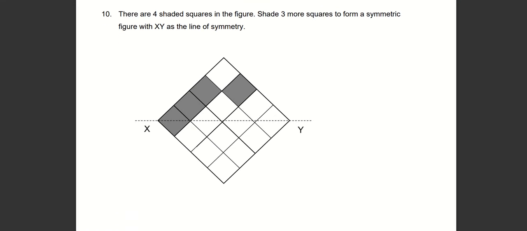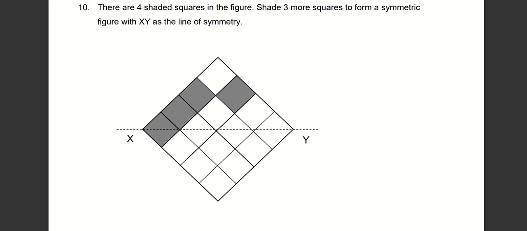Okay, the next question, question 10 on symmetry. Now, the tip that is often shared with regards to symmetry and geometry questions is to try rotating the paper in a manner that helps your eyes to be able to see and visualize the question. So looking at this, the line of symmetry here, XY is the line of symmetry, is a horizontal line. If you have trouble looking at a horizontal line, you can turn the paper around,